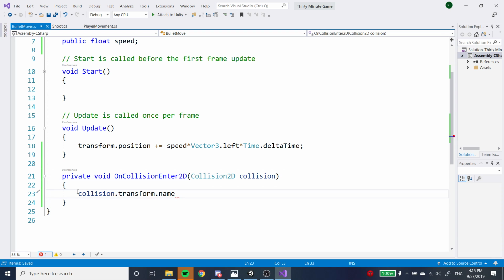Basically we can use a comparison to create a boolean, and we can use the boolean in an if statement in order to make code conditionally run. In this case, we can make the boolean collision.transform.name is equal to player, because we want this code to run when the bullet runs into the player. We can use an if statement. If collision.name is player, now you're seeing